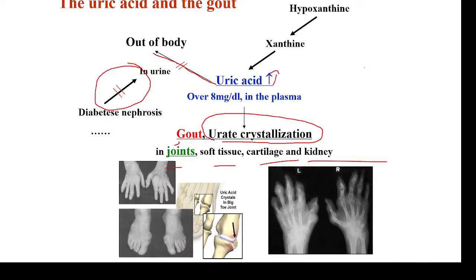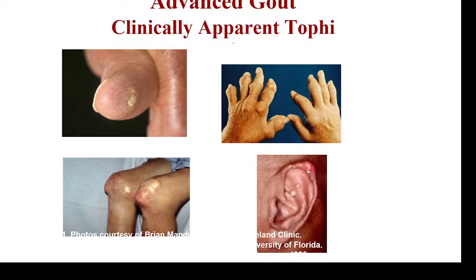So here you have the picture of a gout condition. So here you can see the inflammation. So inflammation of joints here. So it's a very severe condition, due to the accumulation of uric acid crystals. Okay. So in advanced gout, uric acid is deposited onto the skin, and the knee joints are completely degraded.